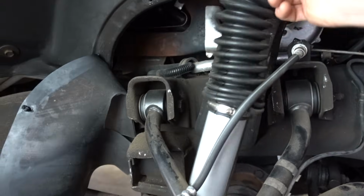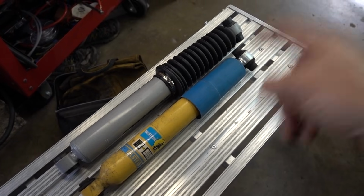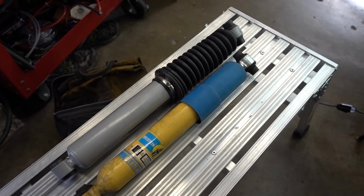Now, like I already said, I don't know if this is bad or not, or great. Maybe this is exactly how your shocks are supposed to be set up. But when this shock is fully installed, resting on the vehicle's weight, I believe it's compressed probably halfway, if not more. Okay, so taking a look at the difference between the Bilstein and the Rough Country shock, we can see